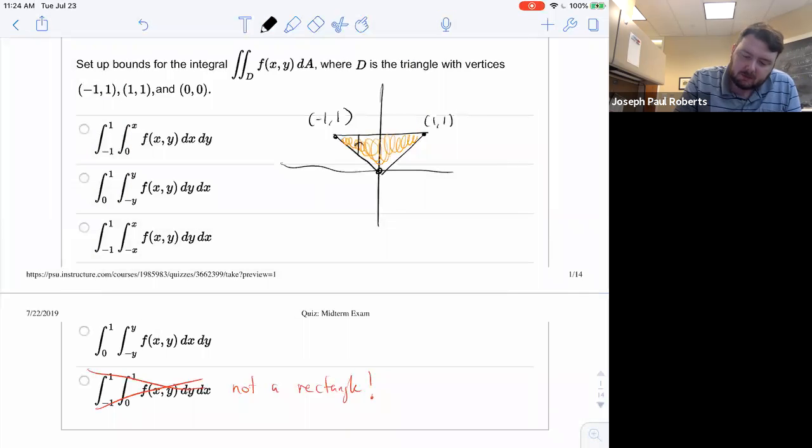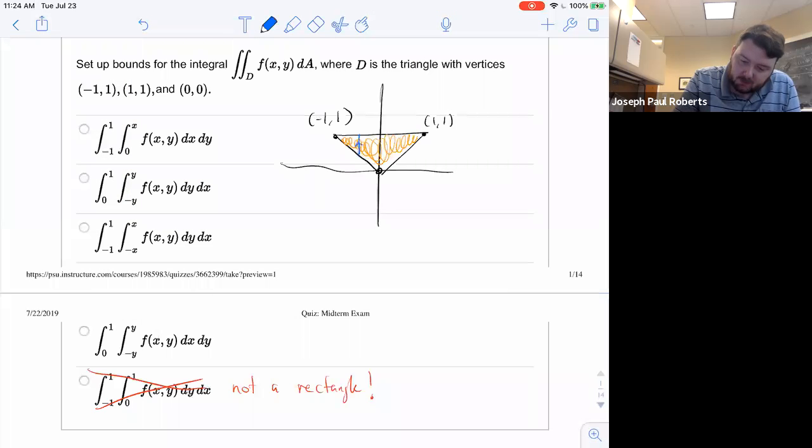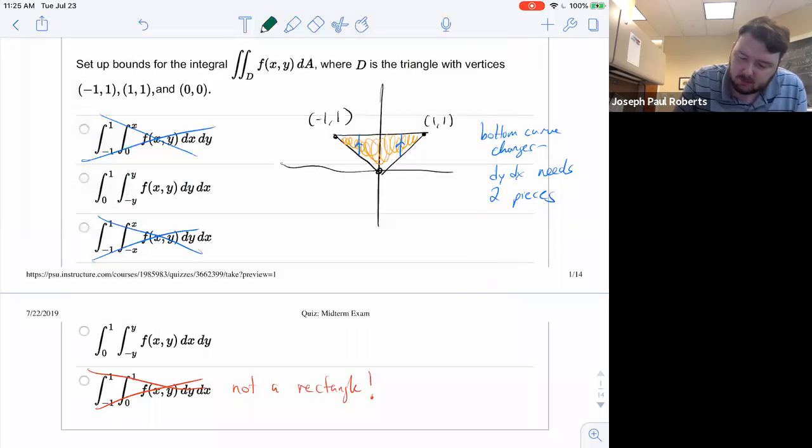If you look at the top and bottom curves, maybe I'll use a different color for this. So the bottom curve changes. That means that for dy dx you would need to split it into two pieces. So that rules out this one. And so then finally, it looks like for dx dy,